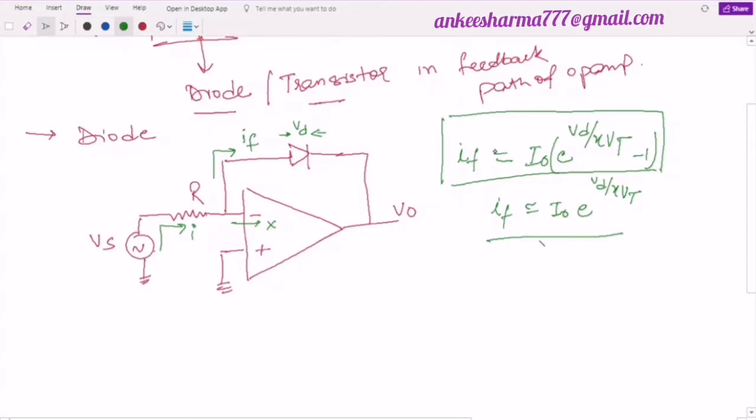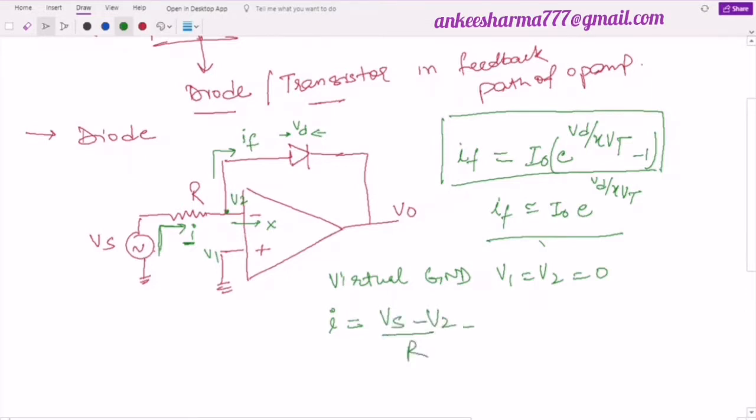Now look here, if I need to find the current I, there are two ways. One, I can make use of this voltage source Vs, and if I assume this node to be V2, then using the concept of virtual ground, as the non-inverting terminal is connected to ground, can I say that if this voltage is V1, V1 is equal to V2 is equal to 0? It means I can find this value of I. It is nothing but the difference of the voltages, as the direction of the current I is this one. So I will use Vs first, Vs minus V2 divided by R, or simply, as V2 is equal to 0, I will say it is equal to Vs by R.